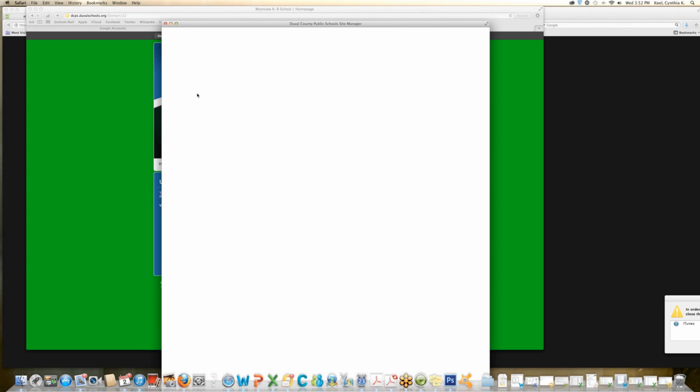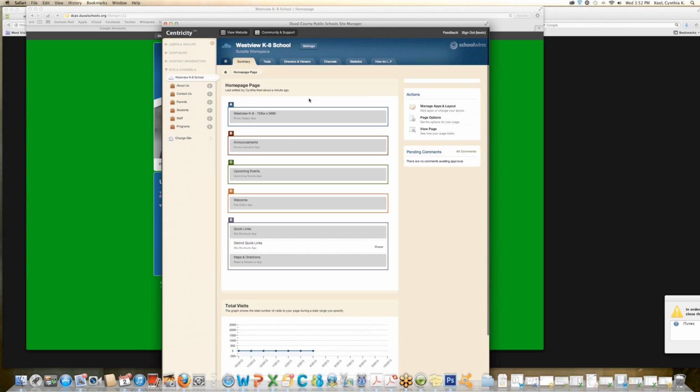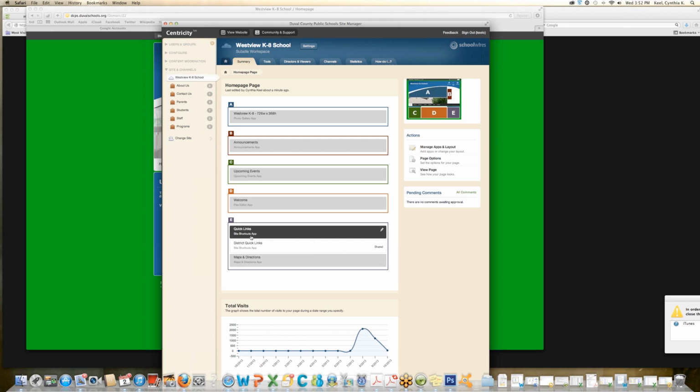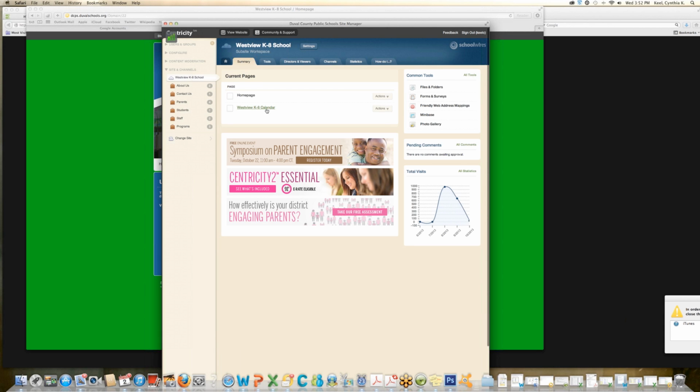Okay, so just to do a quick review of what we've seen so far, I showed you how to replace that front page. We went over what the expectations are. So please do not change, this has happened before, do not change or add any more apps. This is what the front page would look like. Otherwise, it just breaks the template. And if you need help, let me know. But pretty much these are all the apps that you would see on that front page, and they're very easy to use. So moving on to the calendar,